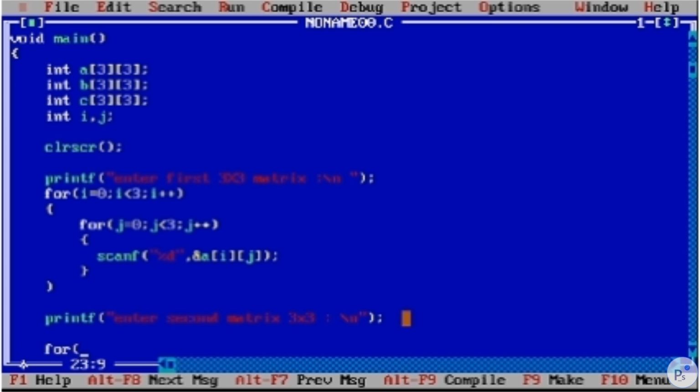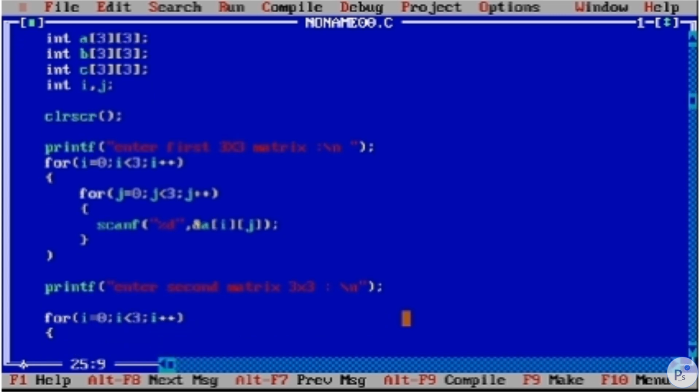The same way we got the matrix values, we define two for loops, i equal to 0, i less than 3, i plus plus. Another for loop for j equal to 0, semicolon, j is less than 3, semicolon, j plus plus.